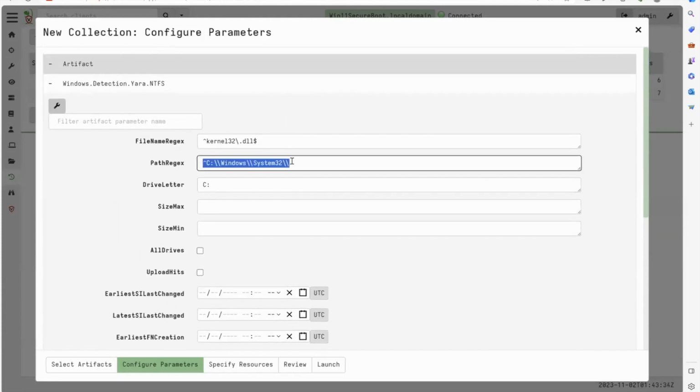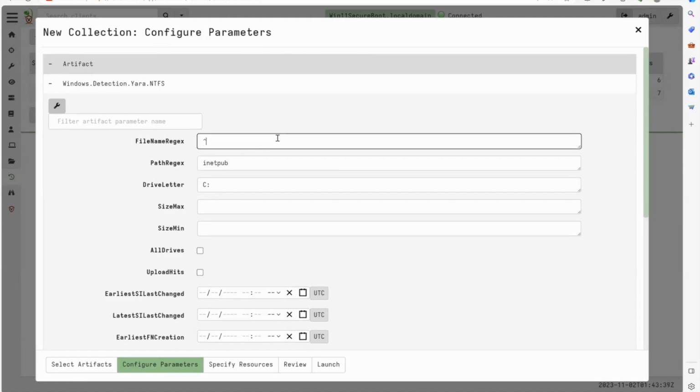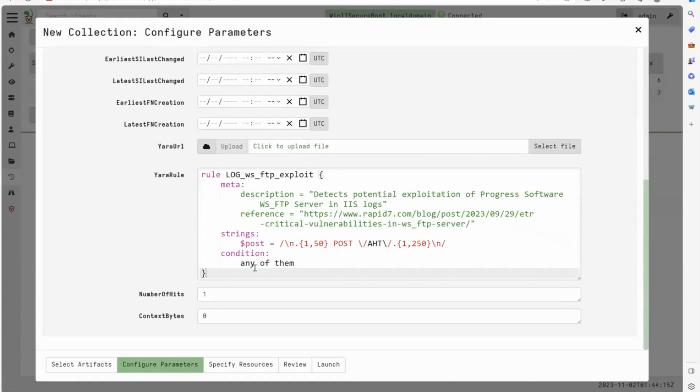At the top, was it inetpub as the path, and the file name we're interested in is u underscore, so your typical IIS-like logs, and then -log $. As I mentioned, having this file name entry makes an MFT search super efficient because it's minimizing the amount of rows that we then need to check the path and do the path build for. As I mentioned, we've got number of hits,